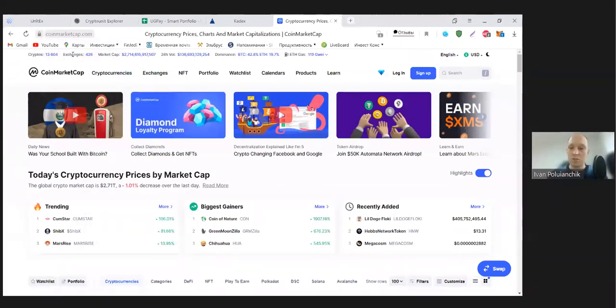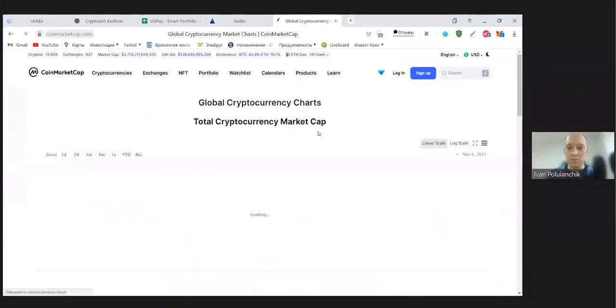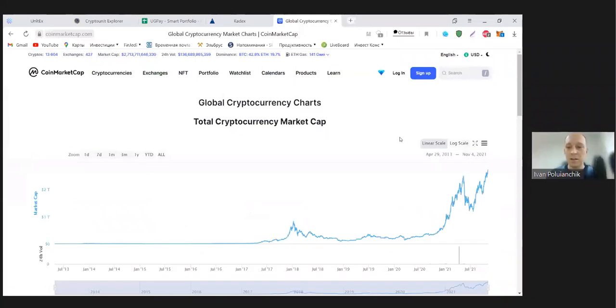The next one is exchanges, the number of exchanges on this website. So the number of exchanges from which the information about these coins is taken. Market cap, market capitalization, is the capitalization of all the cryptocurrencies. And you click it and you go to the section global charts, cryptocurrency charts. If you look,